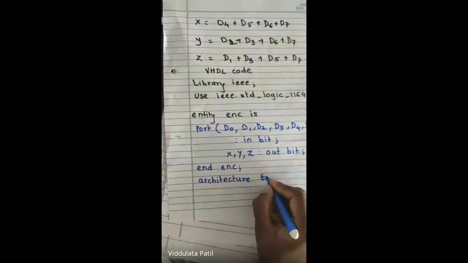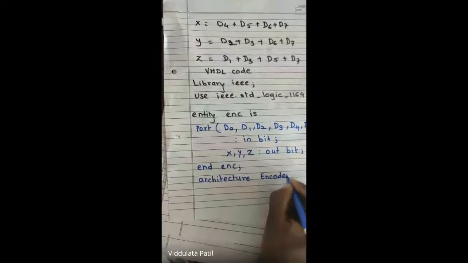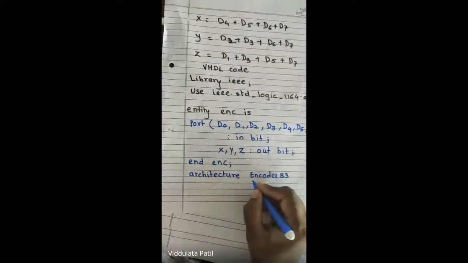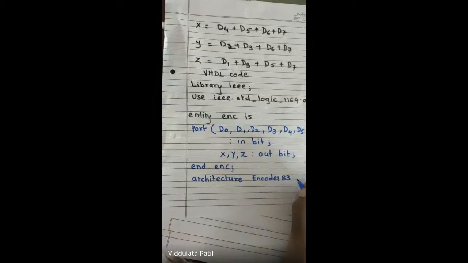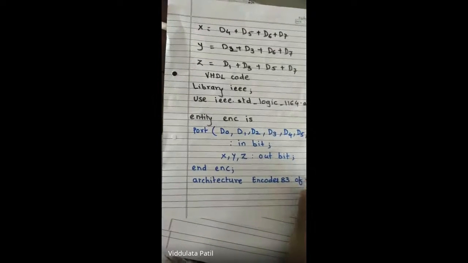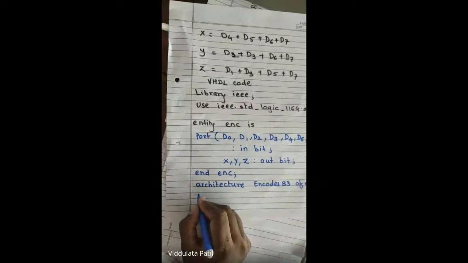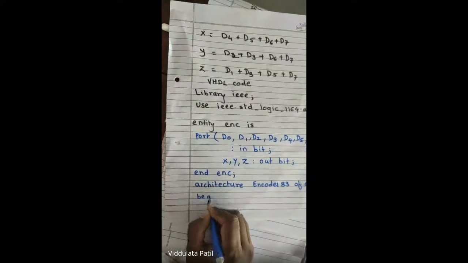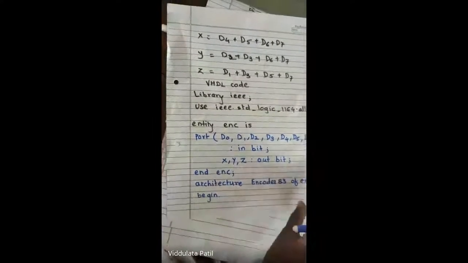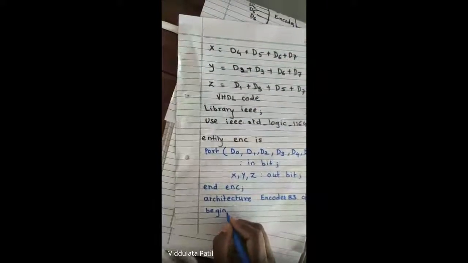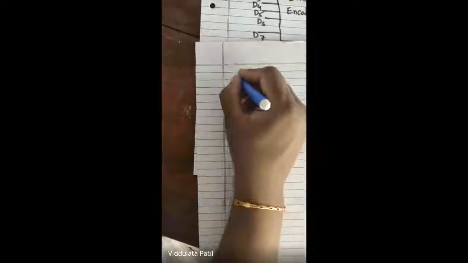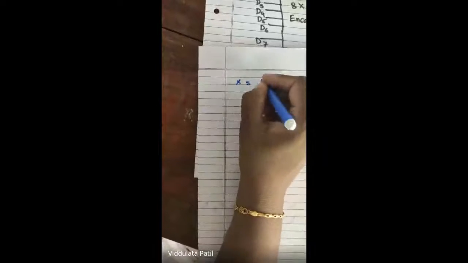I'll give the name as an encoder 83. So that is an 8:3 encoder. So for this architecture of ENC, okay, and then we have to go with the begin statement. Okay, so begin. This dot should not be there, I wrote that by mistake. So begin. After that, as we have the equations for this